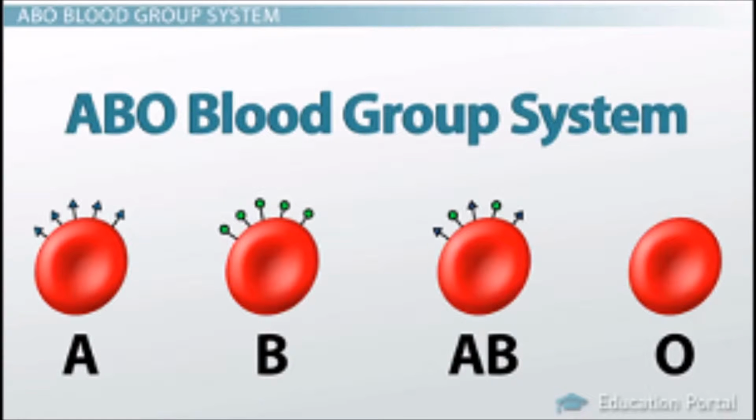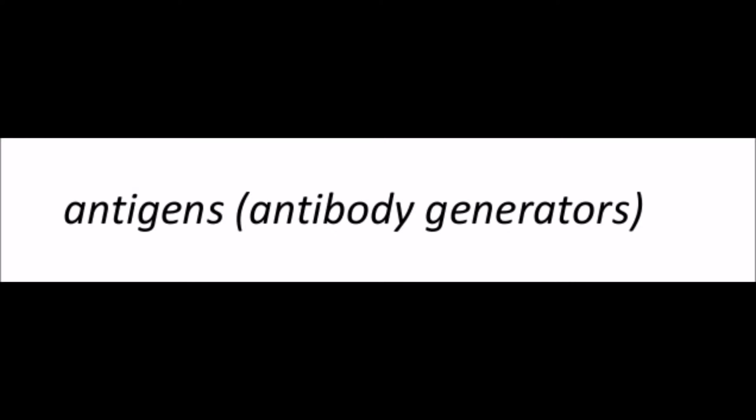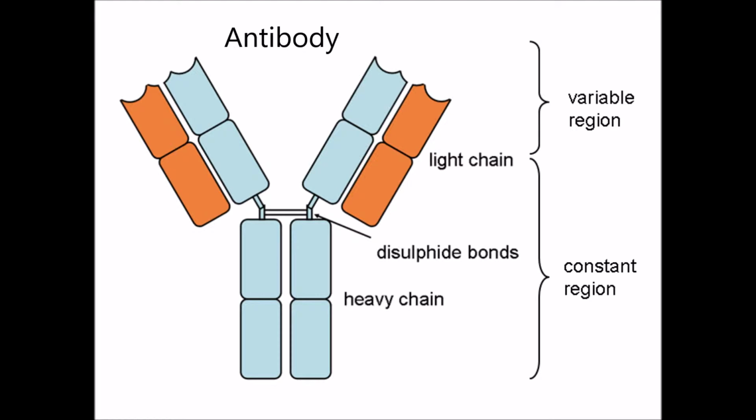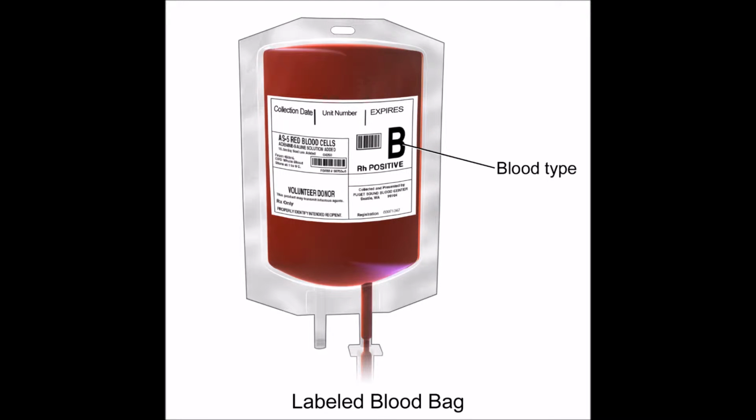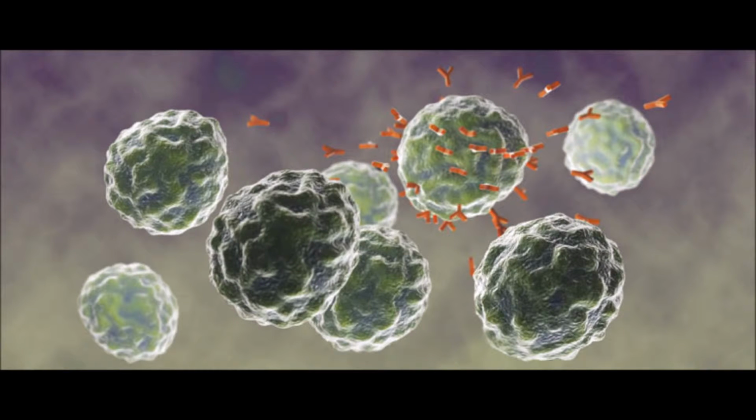People with different blood types have different antigens on the surface of their red blood cells. An antigen is a molecule which stimulates the production of proteins called antibodies by the immune system. If blood containing antigens is transferred to someone who does not share those same antigens, the recipient's immune system can recognize the transferred blood as foreign and produce antibodies against it. This is why care must be taken during blood transfusions to make sure the recipient is able to safely receive